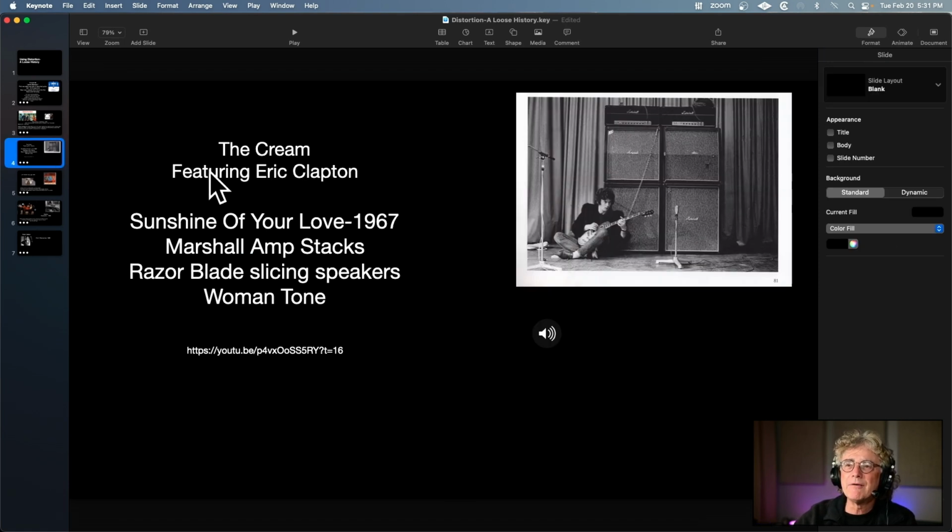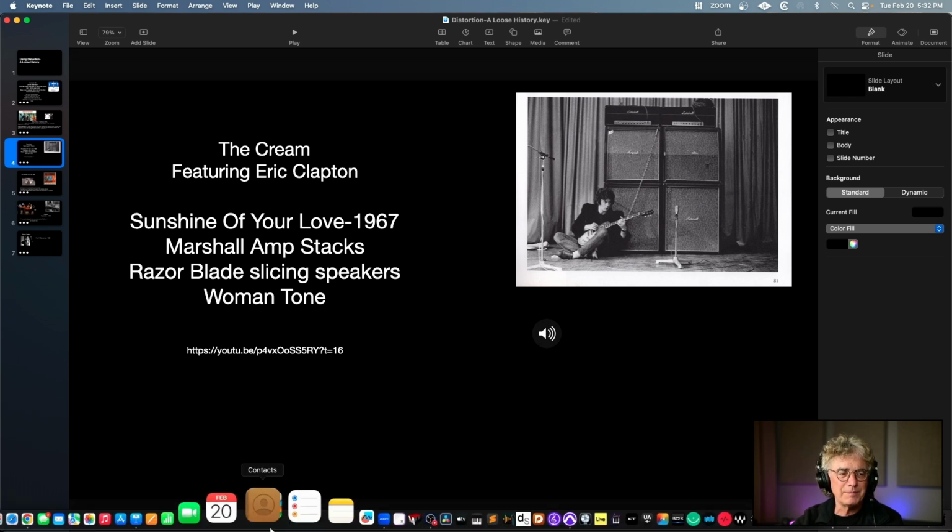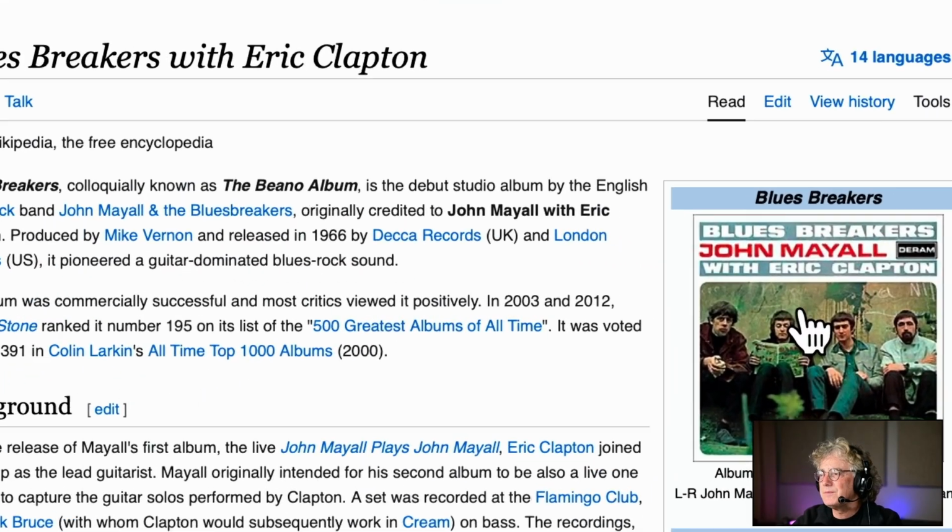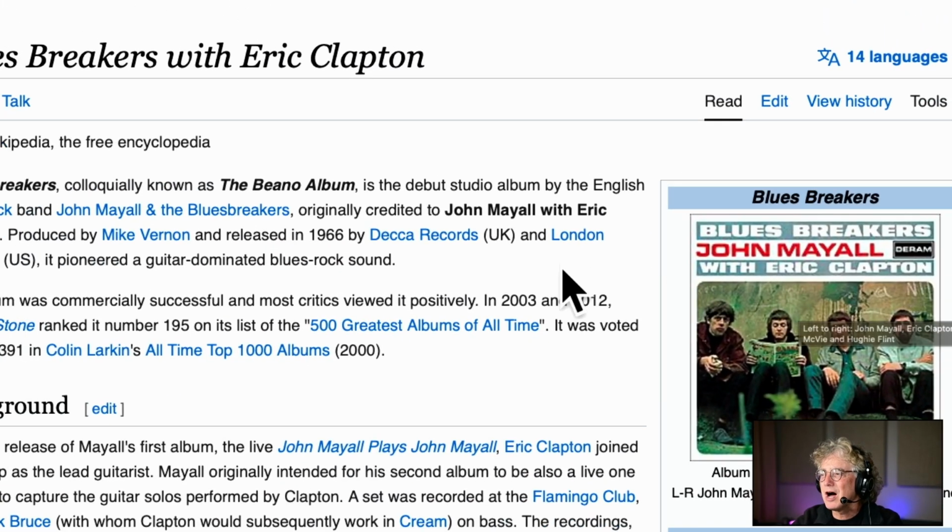So, Cream, Eric Clapton, Sunshine of Your Love. So Keith Richards used a pedal to alter the sound. Eric Clapton used volume to alter the sound of his instrument. What do I mean by that? So there's an album called the Beano album. So right here, right, it's the blues. John Mayall, like,